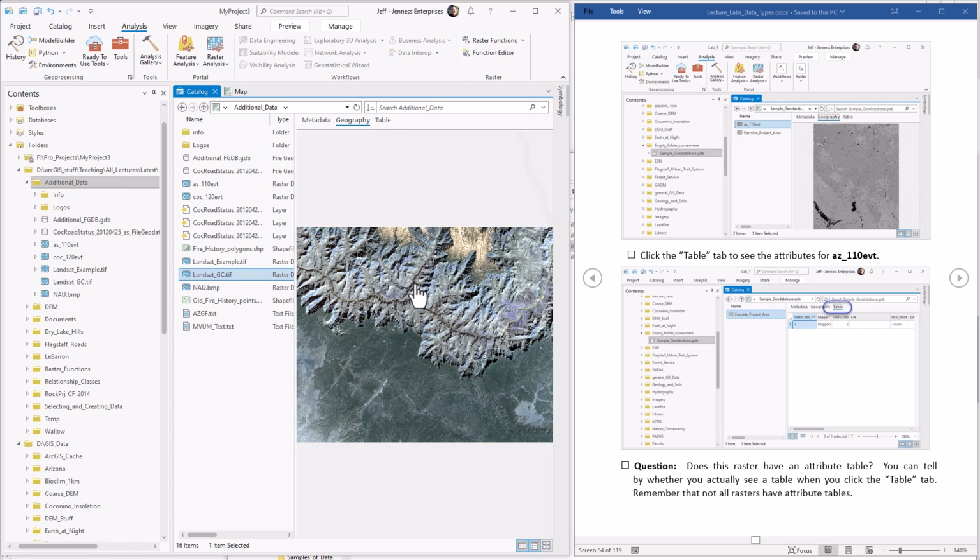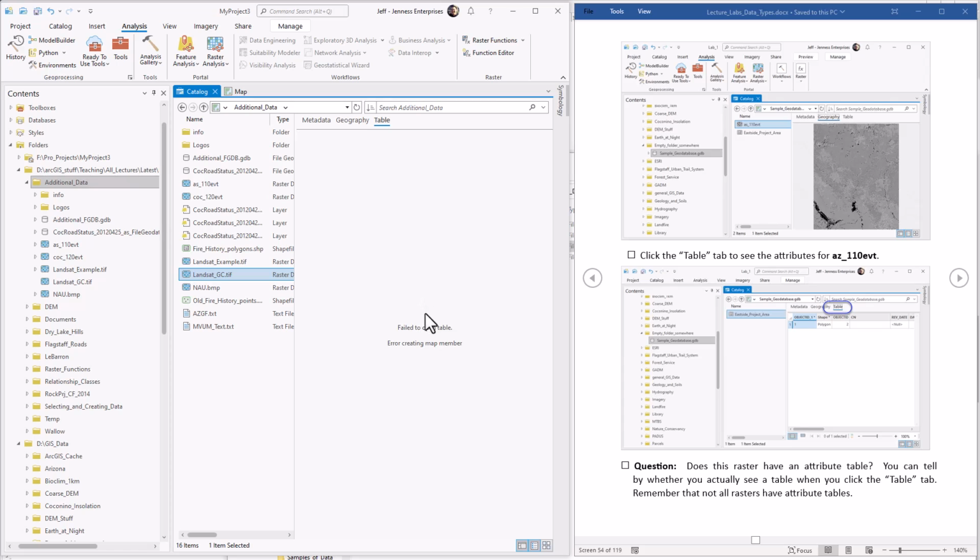Here's what it looks like. Now, if we hit the attribute table, Landsat doesn't have a table, so it's going to give you this error message. Remember, lots of rasters have attribute tables, lots of them don't. So Landsat is one that does not. The Landfire expected veg type does. All right, let's come back to our